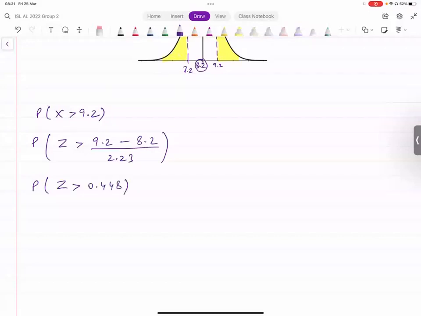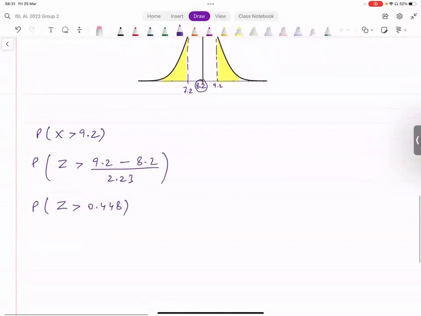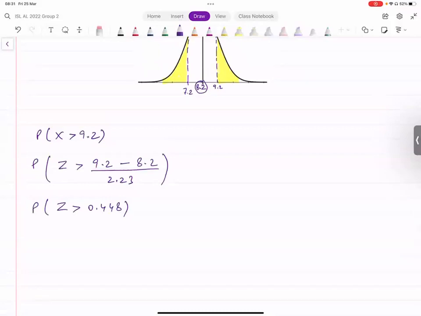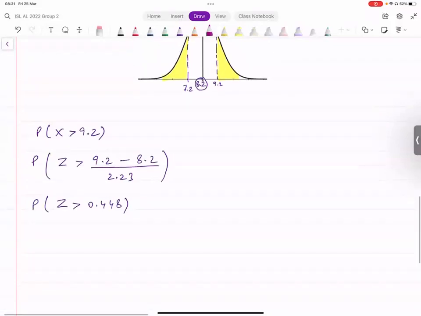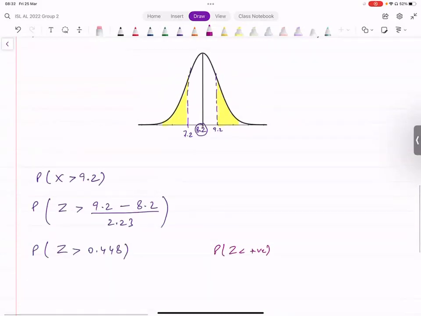0.448। Z की वैल्यूज आपने लिखनी होती है 3 डेसिमल प्लेस तक रखनी होती है, ठीक है, बिकॉज टेबल के अंदर 3 डेसिमल प्लेस तक होती हैं आपकी वैल्यूज Z की। नाउ वी नीड टू कैलकुलेट दिस, Z greater than 0.448। अब ये आपकी स्टैंडर्ड फॉर्म के अंदर नहीं है। स्टैंडर्ड फॉर्म क्या होती है? Z less than something positive, ये फॉर्म आपको चाहिए होती है। आपको पता है आपके पास ये कौन सा एरिया आपने कैलकुलेट करना है? दिस इज द एरिया ऑन द राइट साइड,